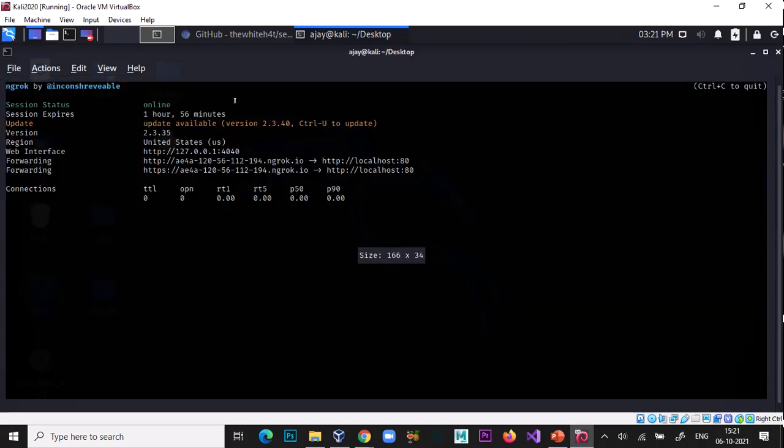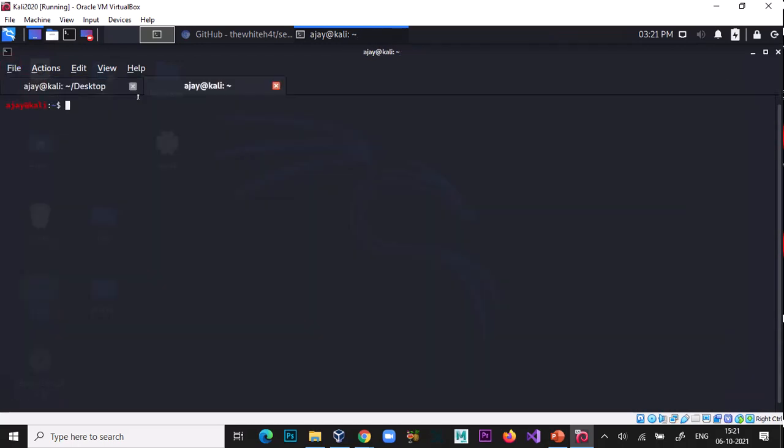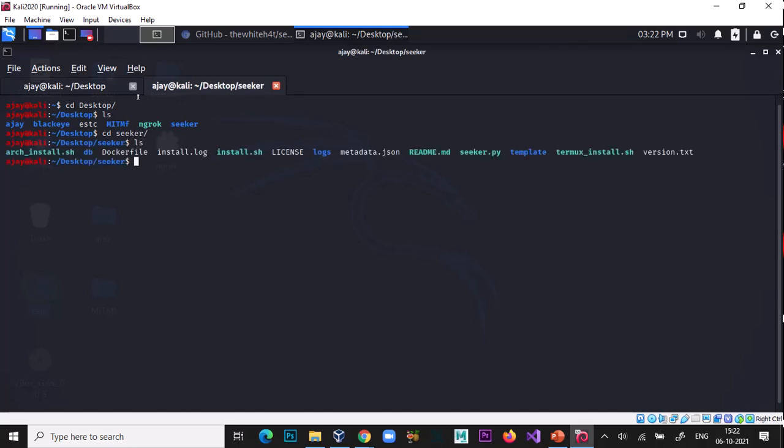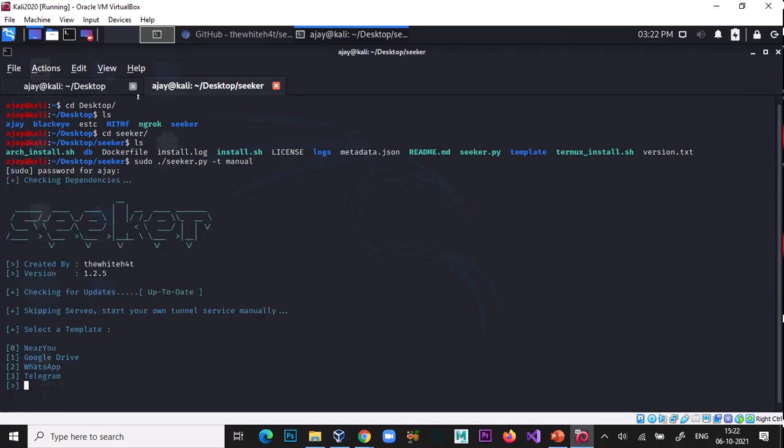I don't know why it is not working. So, okay. cd desktop, ls, cd seeker, ls, sudo, -t manual. Okay.